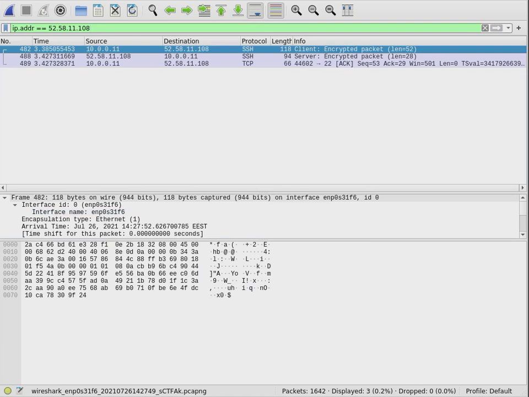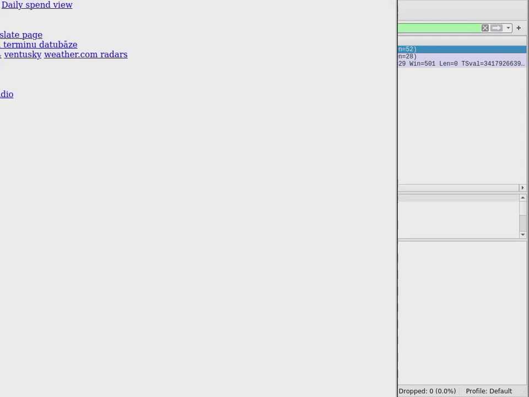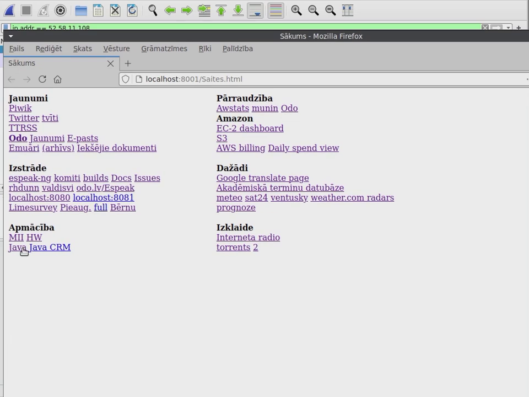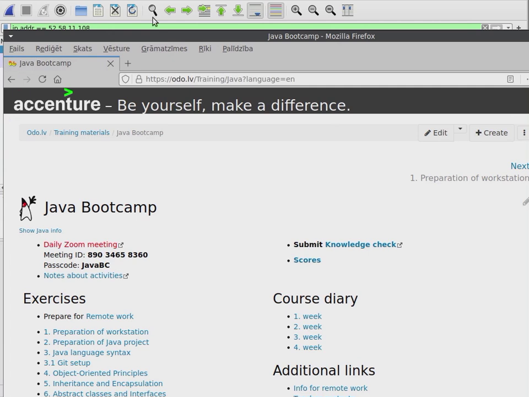And then, for example, I open this page.